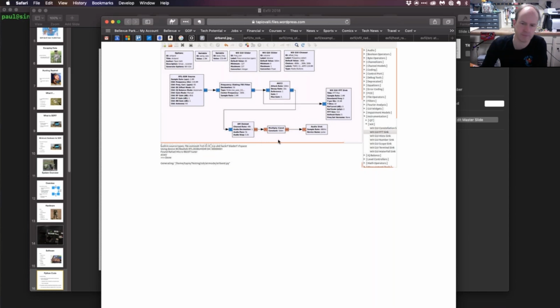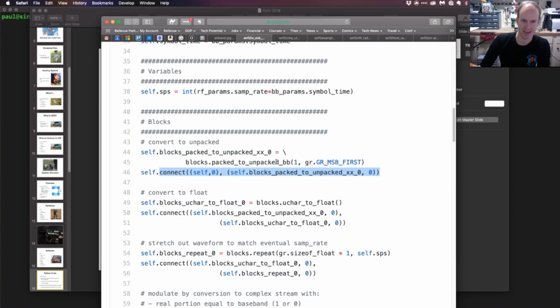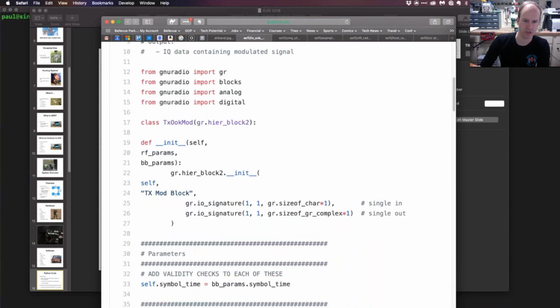And people don't always know, but there's a generate and an execute button. All that generate button does is take this code here and turn it into Python code. And it essentially looks something like this. You'll have a block, it'll have a bunch of boilerplate, it'll basically be a class.